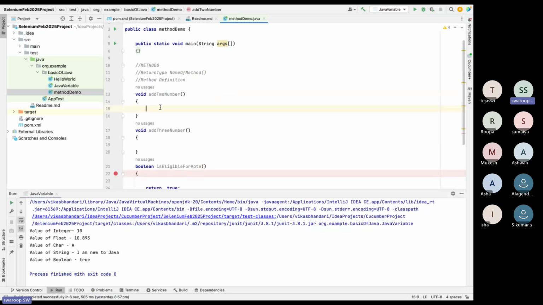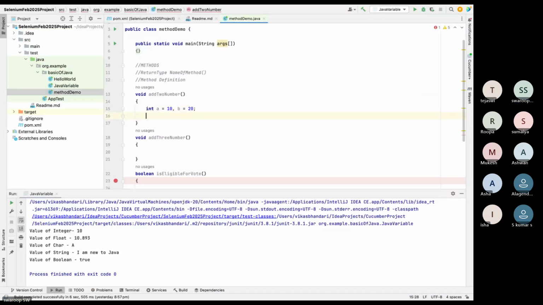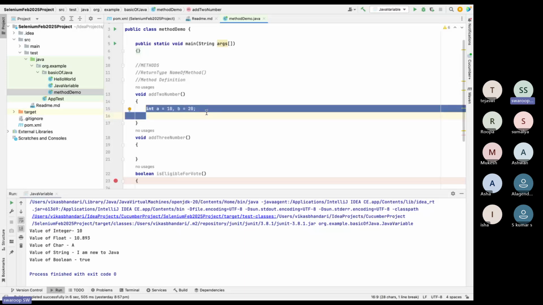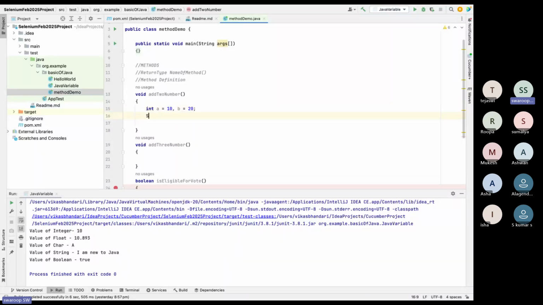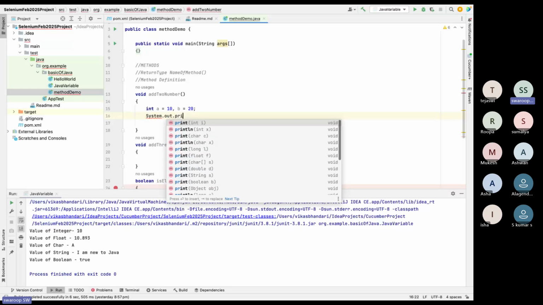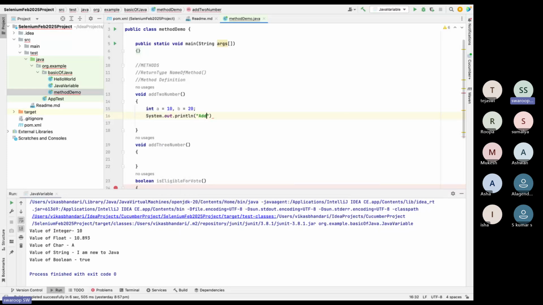Now what does addTwoNumber mean? Simple logic. You will try to add 2 numbers. So for that you will have 2 numbers: a is equal to 10, comma, b is equal to 20. Understood, everyone? Any doubt, any questions on this? You can declare multiple variables on the same line. There is no restriction that if I have used int one time, I should declare only one variable. If you want, you can just put a comma and keep writing the respective variable names, guys. Over here, I'm writing System.out.println, addition of two number is